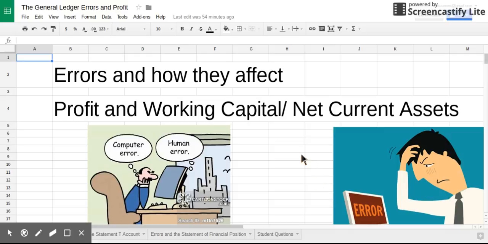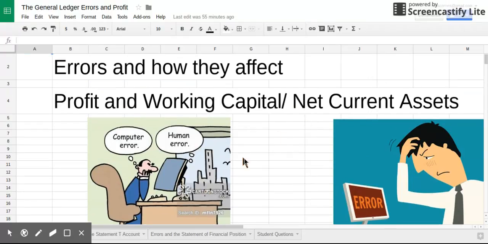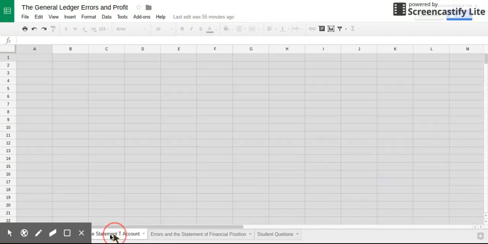What we're going to be looking at today is errors and how they affect profit and working capital, net current assets. Students often find this a tricky operation. It's not really that hard, provided you think about it in terms of journal entries and follow a few very, very simple rules. So the first thing I want to show you is something about the